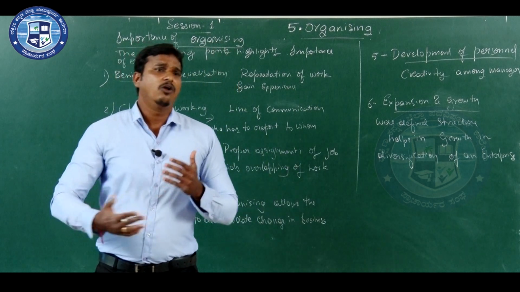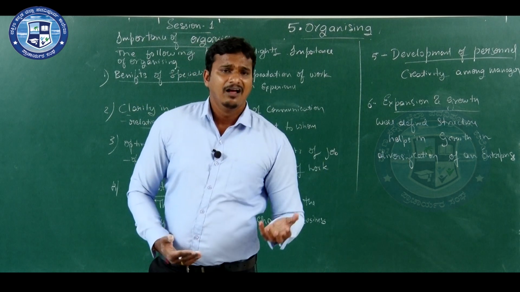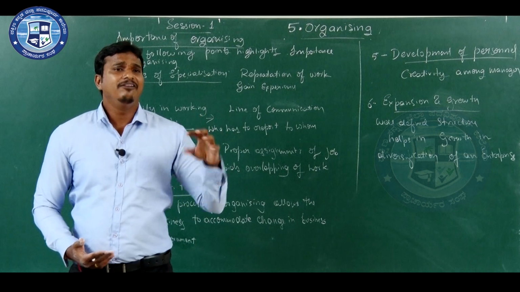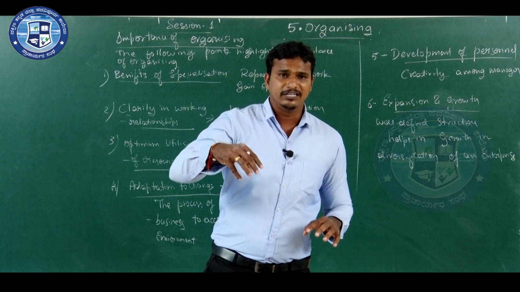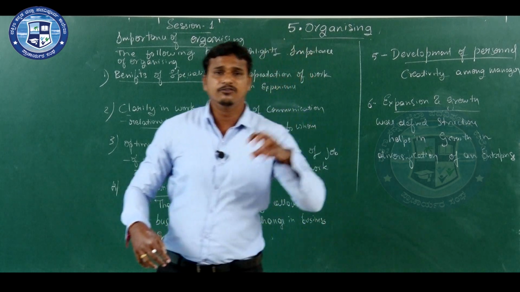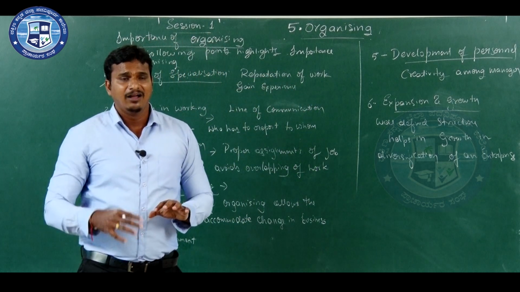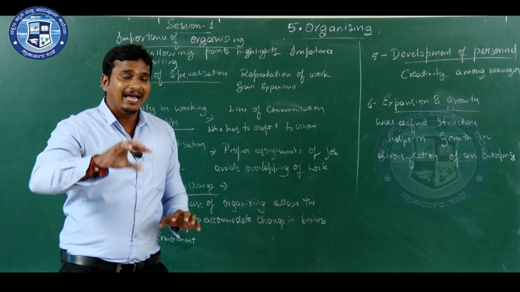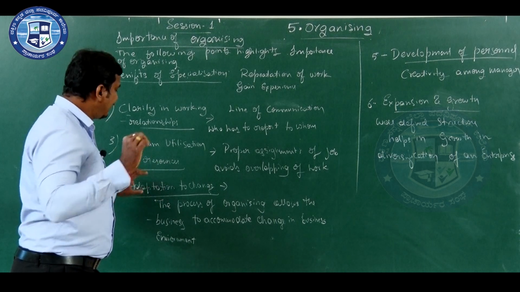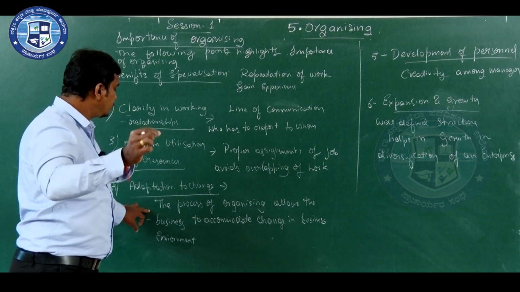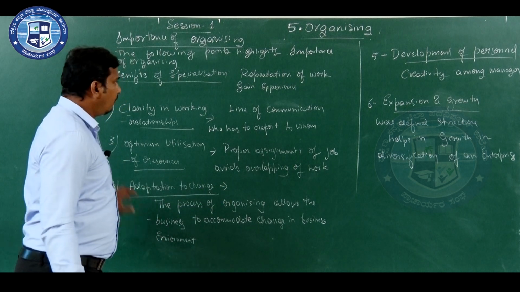Okay. You get a lot of competition, government rules and regulations, there are many things which will affect the business. So, the business has to adapt to the situation accordingly. The organization structure also will be designed according to that. Whenever changes are required, it can be changed. So, the process of organizing allows the business to accommodate change in the business environment. So, this is the fourth one.